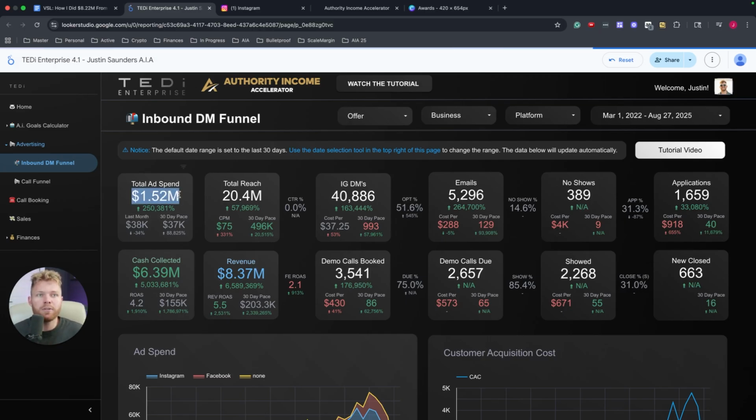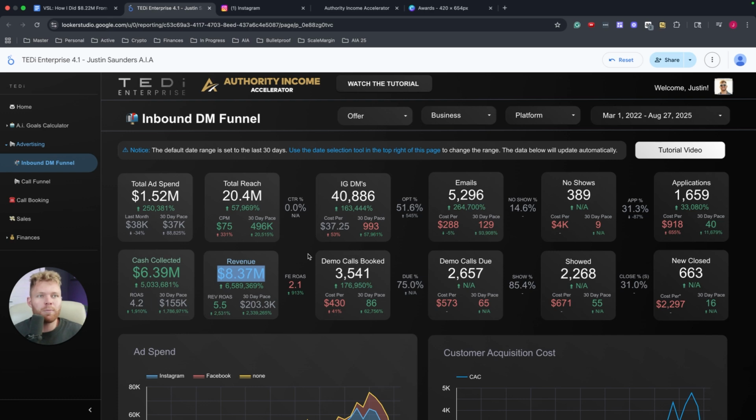Spending $1,500,000 on ads, generating $6,300,000 in cash, and then over $8 million in revenue. The cool part about this is the ROAS. That's basically saying whenever I put $1 into ads, I'm getting $5 in revenue back. It's a rigged lottery machine. Same thing with cash. When I put $1 in, I'm getting $4 back. Imagine if I went to Vegas and every time I put $1 on the table, I'd get $4 cash back, and then I'd have an extra dollar that I'd be getting in a week from now. That's really what this is. It's a rigged lottery machine.